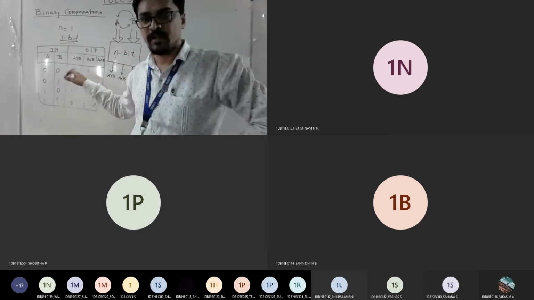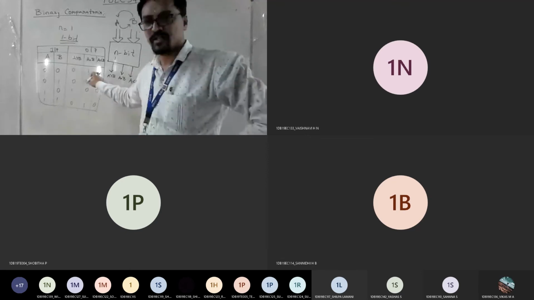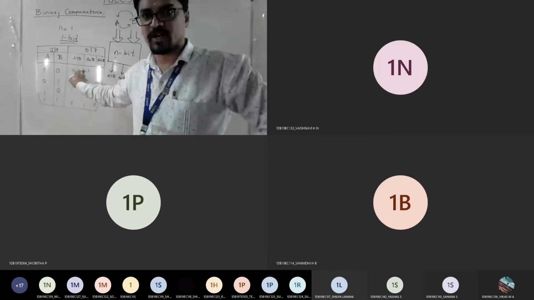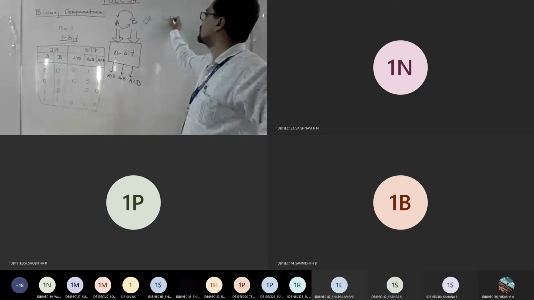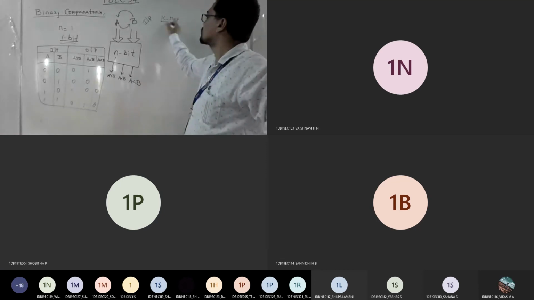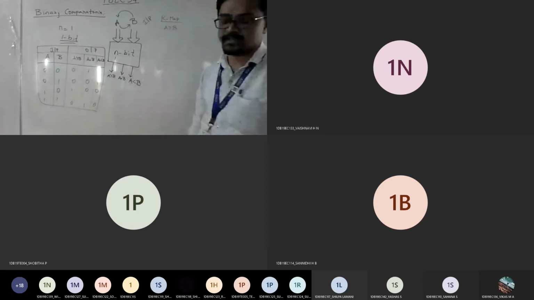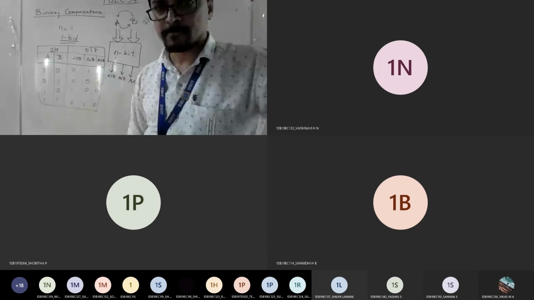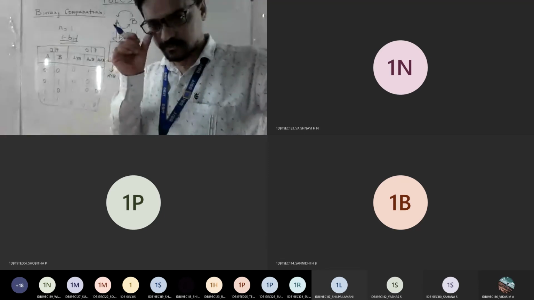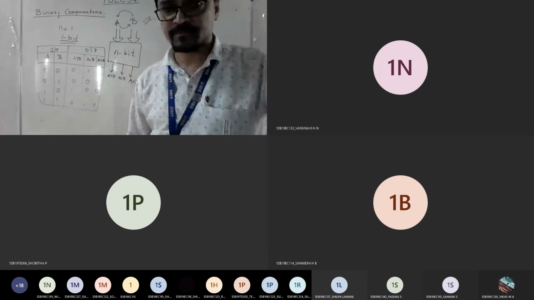So using the truth table, you want to build a K-map because you have 3 outputs: less than, equal to, and greater than. For these 3, try to put a K-map now and check what the expression is. If you take A greater than B, how many cells will you take? How many cells should I write for the K-map of this 1 bit?